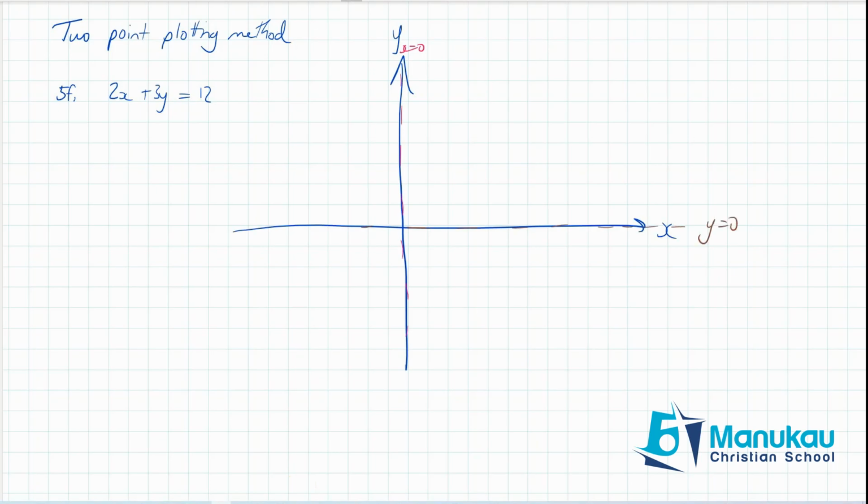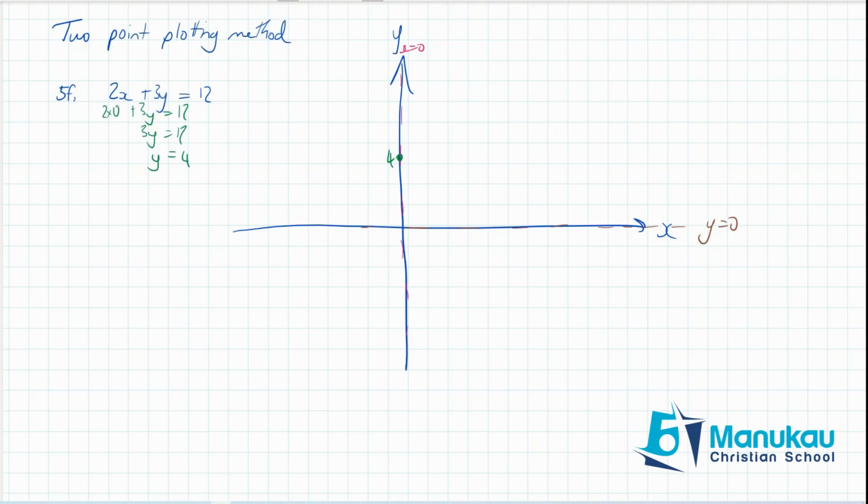So we can find those 2 points. If x is 0, we'd have 2 times 0 plus 3y equals 12, and therefore 3y equals 12, and therefore y equals 4. So we know that we've got a crossing point of 4